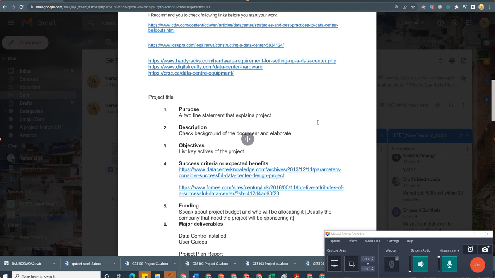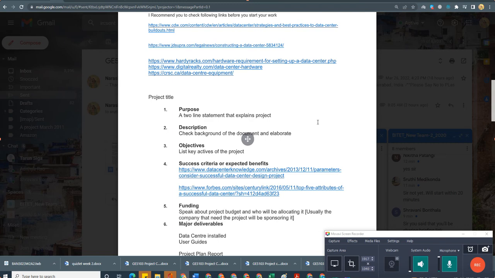In simple 2 to 3 lines, you are supposed to give the purpose of the project. Maybe to implement a data center and migrate some of the important enterprise applications to the cloud, to ensure that communication is established with remote users of those applications. You should create your own purpose, understanding the concept.